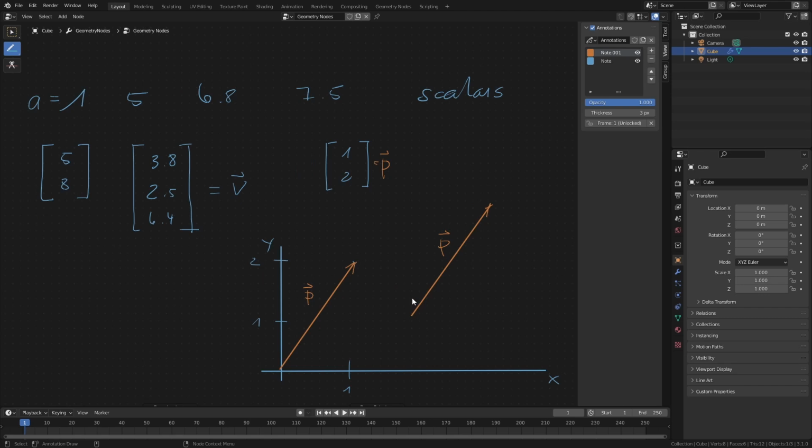Now, how are points and vectors related then? Because you already worked with points. Points have coordinates. Coordinates are an array or a list of numbers too. So here, for example, I have a point, and here I have another point in my coordinate system. Well, the relationship between vectors and points is that the vectors are the translation needed to get from the origin to the point. That means Blender and all other 3D DCCs too use vectors to describe where points are located